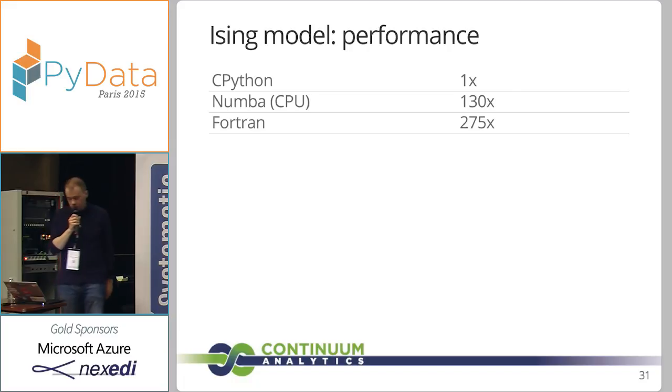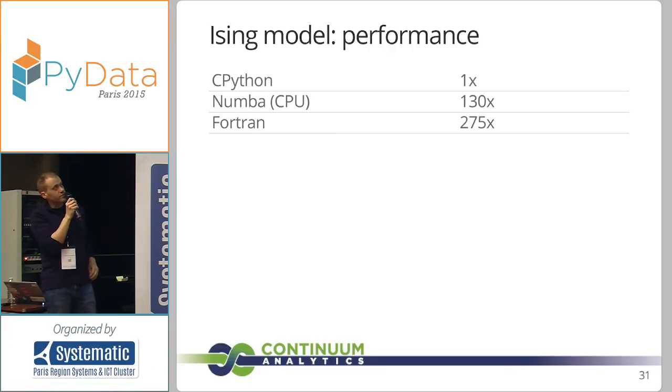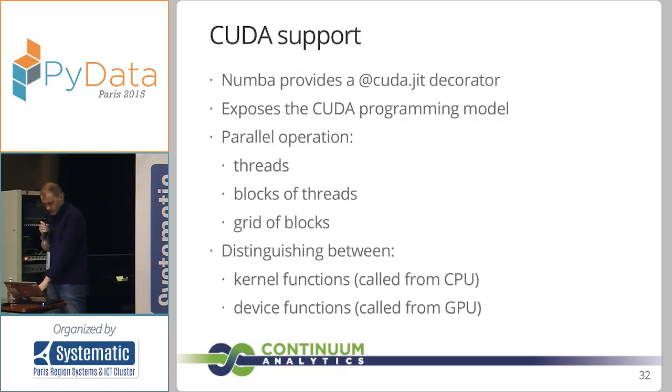So what does it do in terms of performance? Well, compared to the pure Python version, the Numba version is 130 times faster, so it's not bad. It's not exactly the raw speed of C or Fortran. Someone wrote a Fortran version, and the Fortran version ended up twice faster than the Numba version. So Numba is really making the code much faster than pure Python, but there are still some optimizations that we can improve, I think. And we actually know why it's not as fast as Fortran in this case.